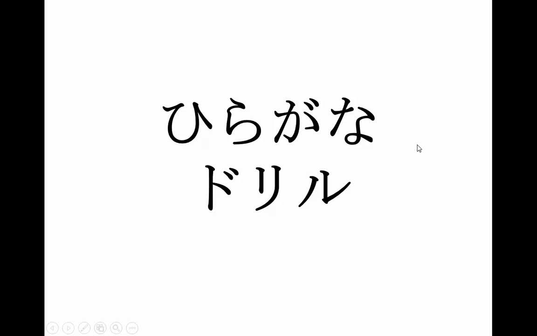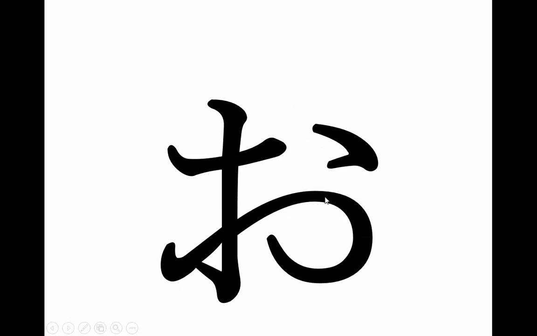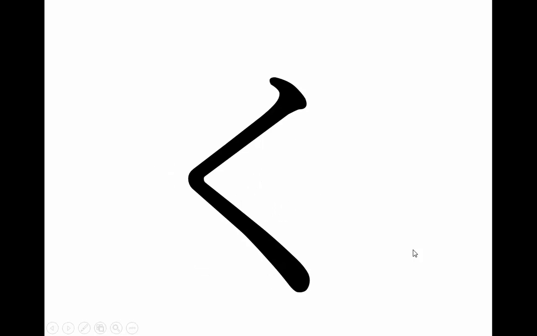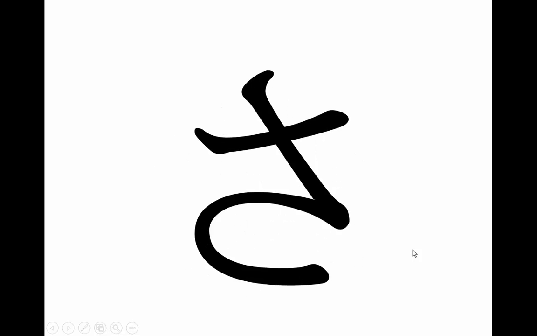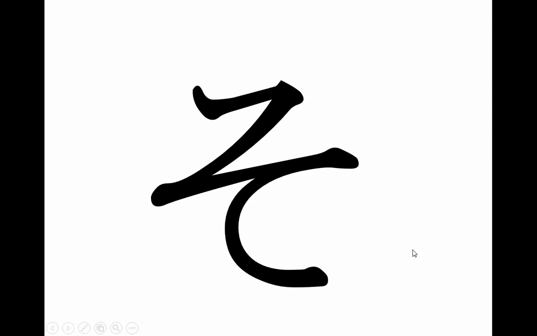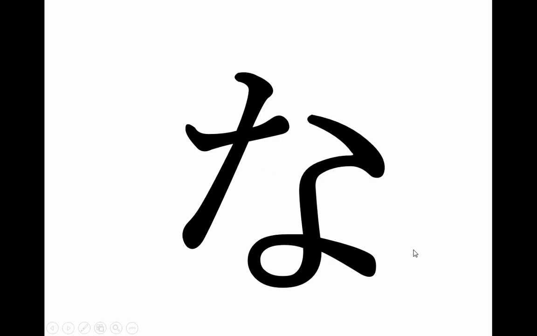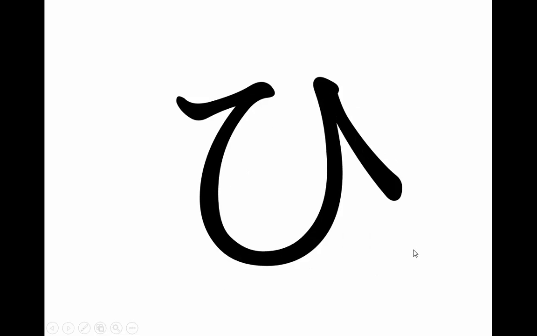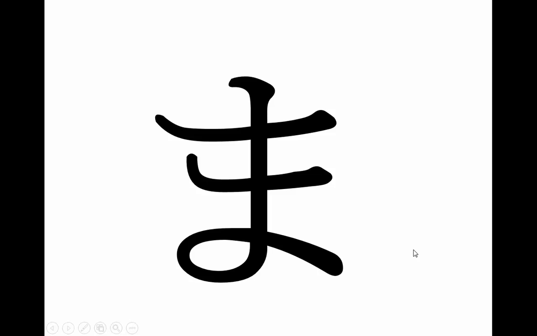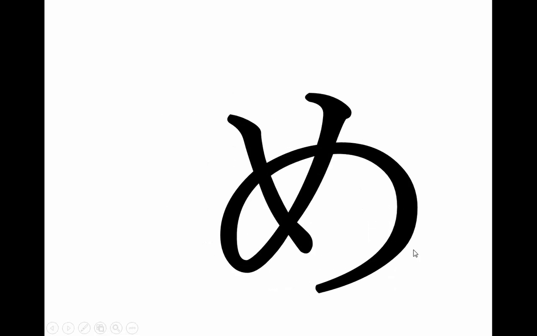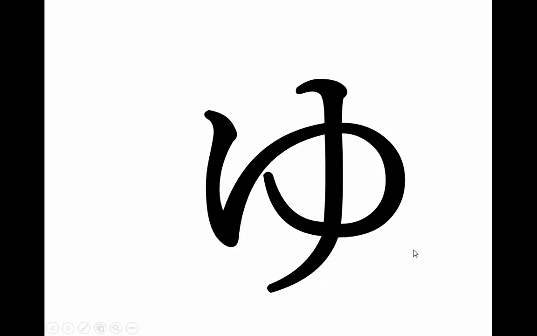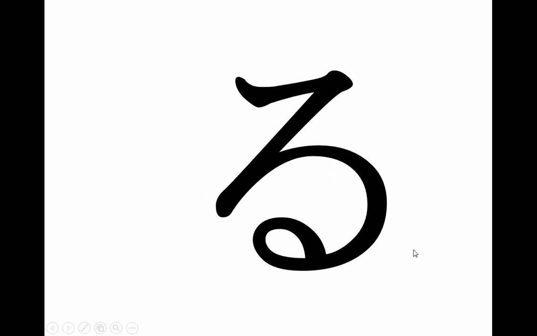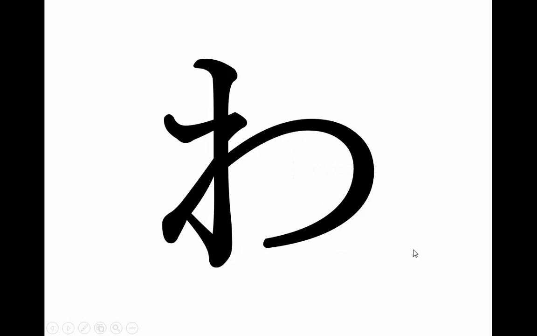Hiragana. So this is a, i, u, e, o, ka, ki, ku, ke, ko, sa, shi, su, se, so, ta, chi, tsu, te, to, na, ni, nu, ne, no, ha, hi, fu, he, ho, ma, mi, mu, me, mo, ya, yu, yo, ra, ri, ru, re, ro, wa, wo,